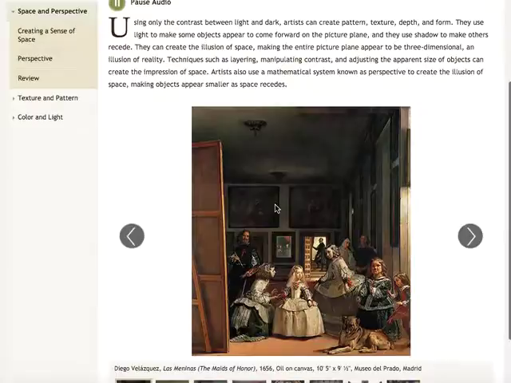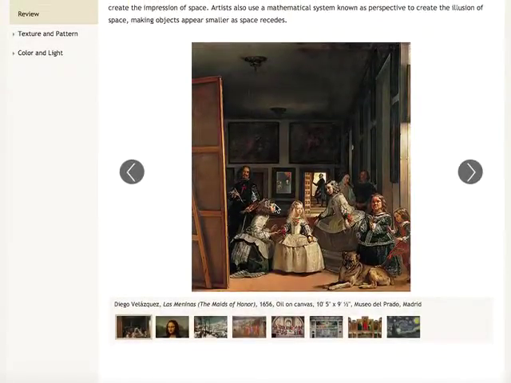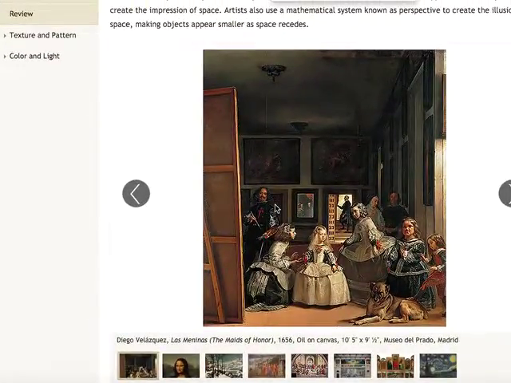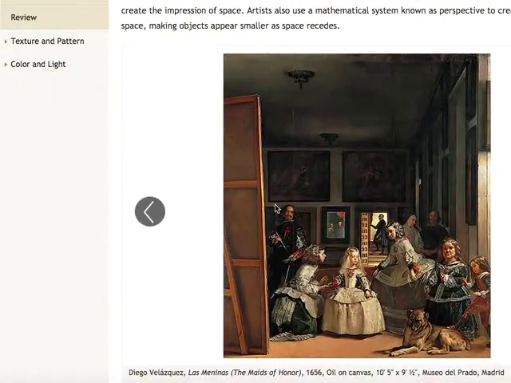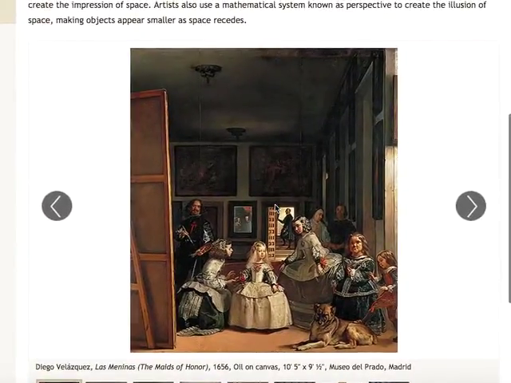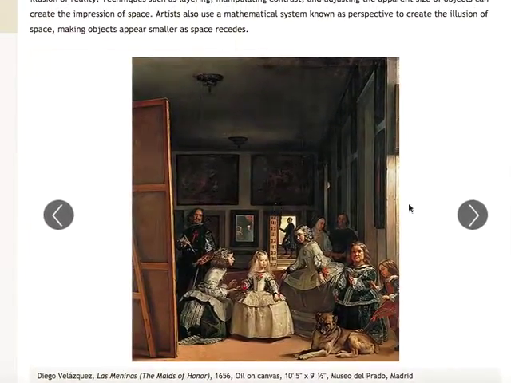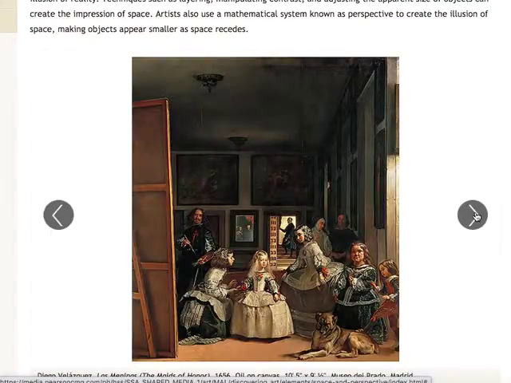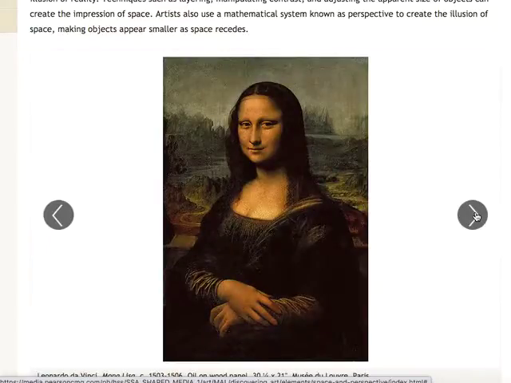Space and perspective. Introduction to space and perspective. Using only the contrast between light and dark, artists can create pattern, texture, depth, and form. They use light to make some objects appear to come forward on the picture plane, and they use shadow to make others recede. They can create the illusion of space, making the entire picture plane appear to be three-dimensional, an